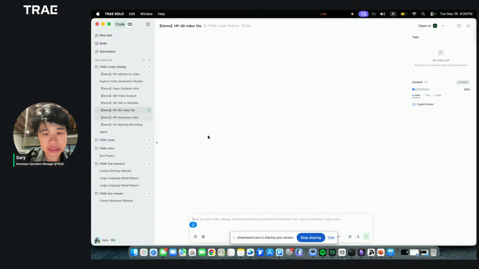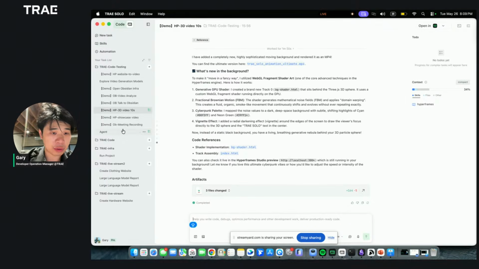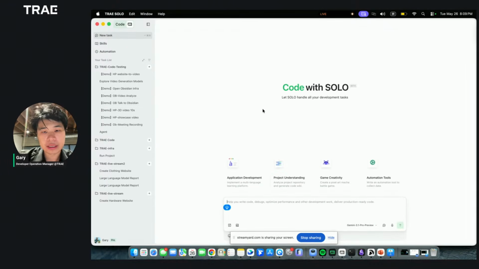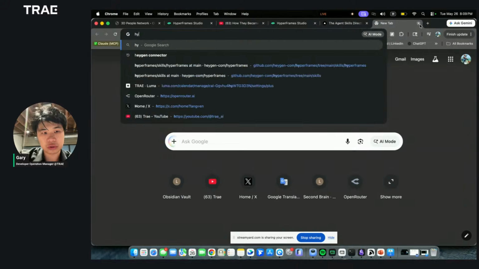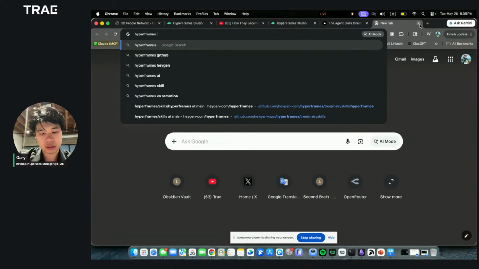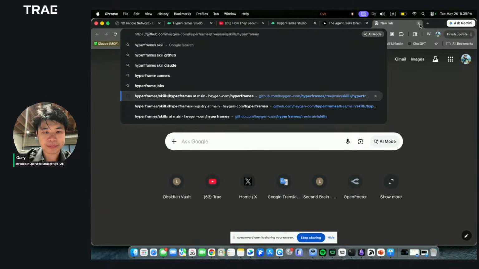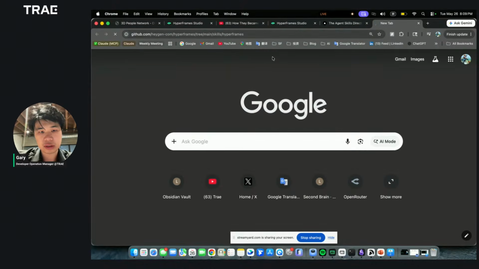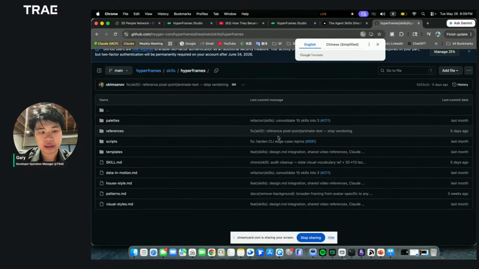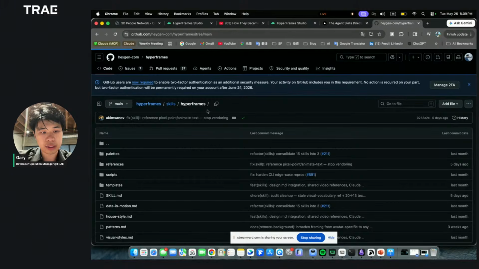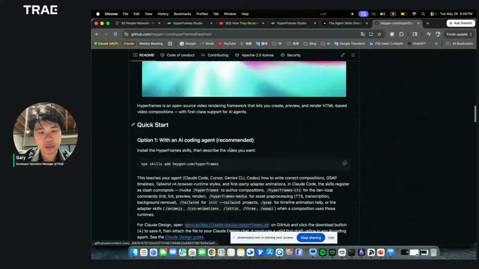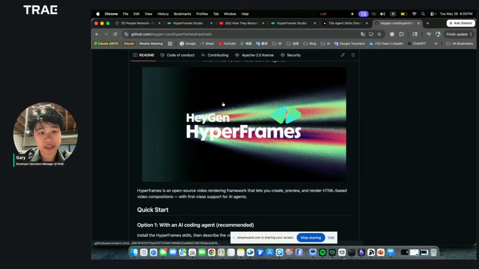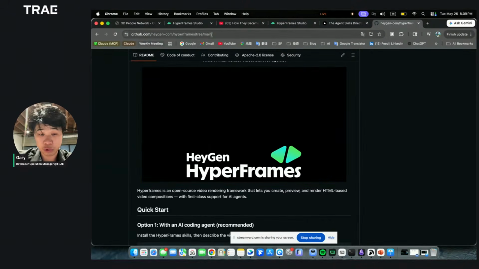So for example, over here you can see we already have several examples, but actually using the Hyperframes CLI is also pretty easy right now. And also it's the next step we're going to do. So what you need to do is just go to the Hyperframes skills over here. You just go to this website and yeah, over here you can see this is the HeyGen repository. It actually has so many instructions that teach you how to use an AI coding agent to create a video.